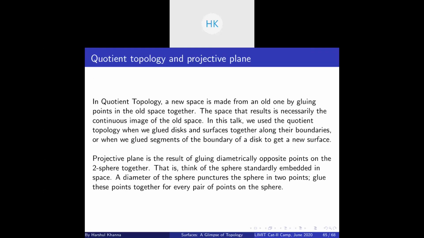Okay, so now let's talk about quotient topology. So quotient topology is basically you have an old space, you glue some points together from the old space to form a new space. You give some equivalence classes of this gluing, and you get a new space by gluing points. For example, let's say you have this R2 or complex, whatever you prefer, and I give the equivalence relation by, suppose I give the equivalence relation.